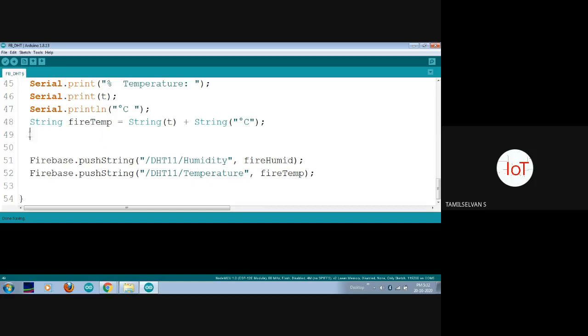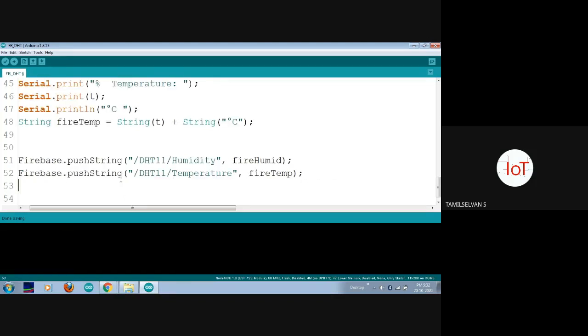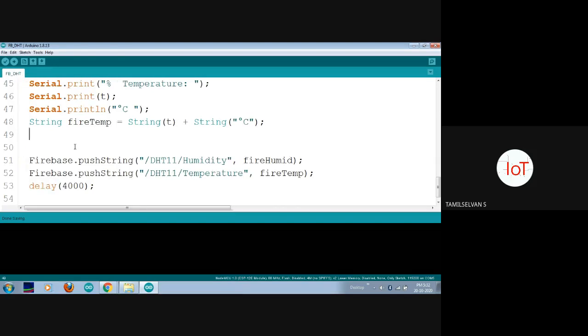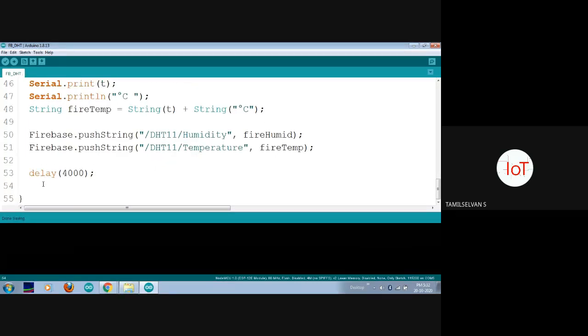Actually the delay has to be given at the last, because after pushing our data, we have to wait for some time, and then the data will be updated. That's why I added a delay here.